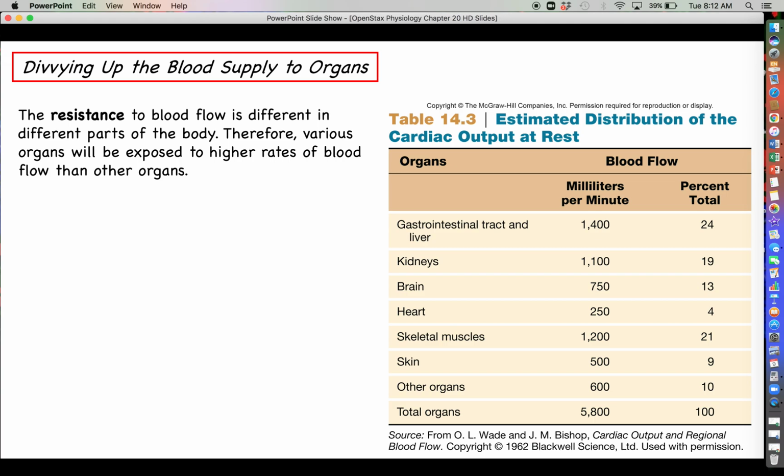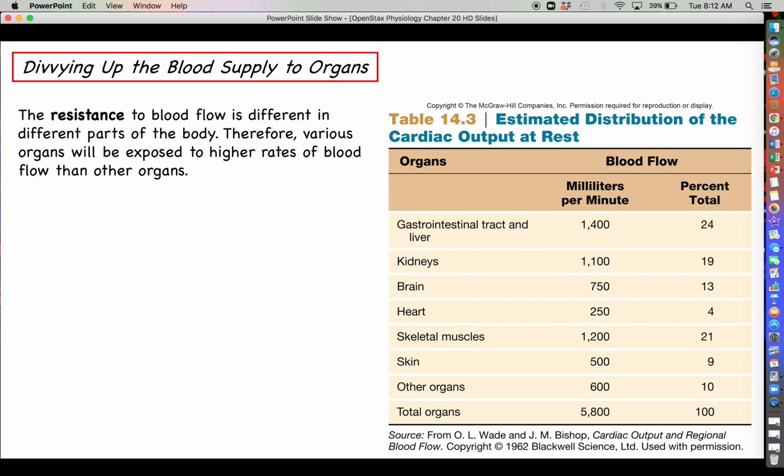So I mentioned that the pressure gradients are not the only determining factor involved in blood flow to tissues. All the other factors combined, and we'll talk about what they are individually here soon, all of the other factors combined make up what's called resistance to blood flow. And what we're going to see here in this little thought exercise is that when you consider how blood gets